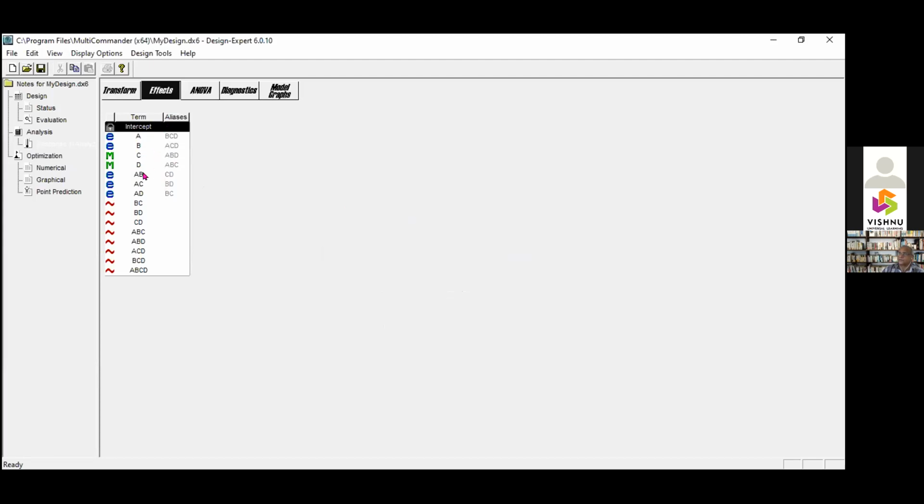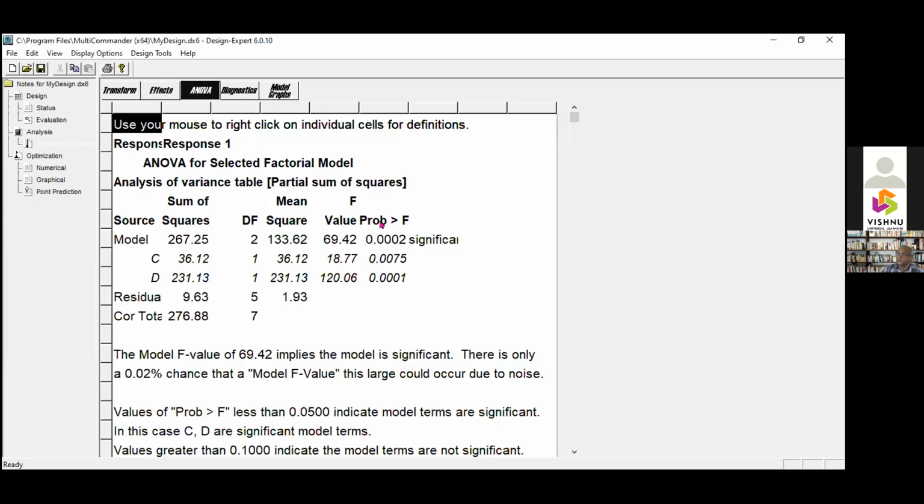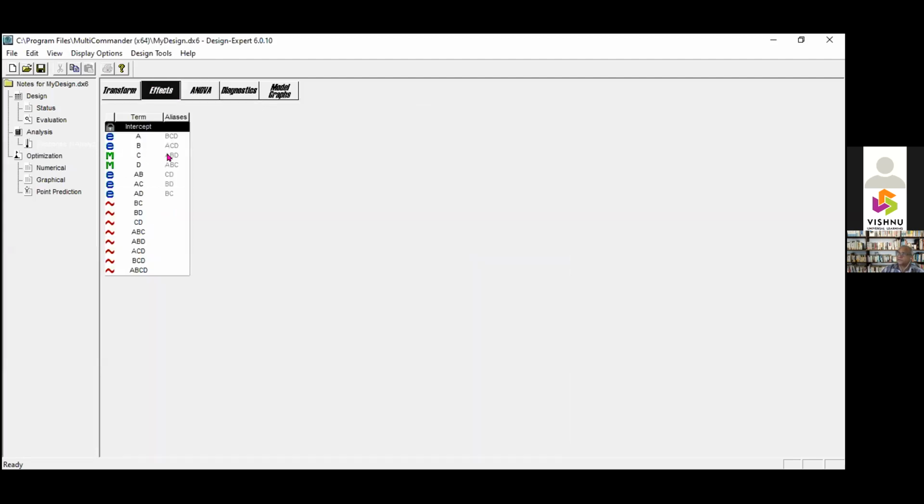This cannot be distinguished. So you have to see this aliases column very carefully. Even if C is significant, it can be C or it can be the interaction ABD. We cannot distinguish between the two. So you have to be careful.